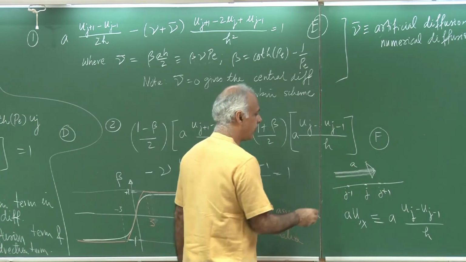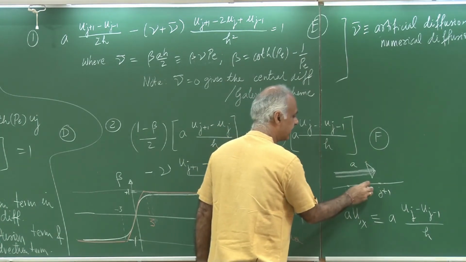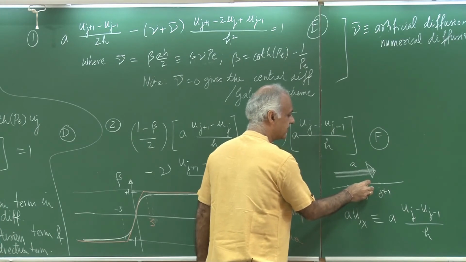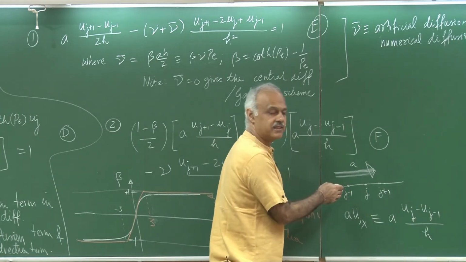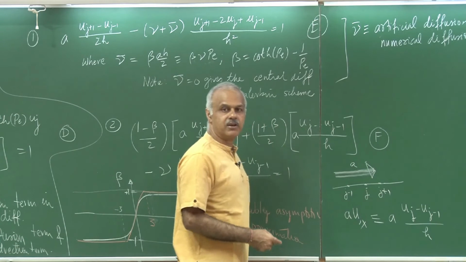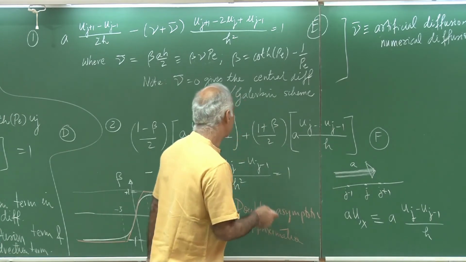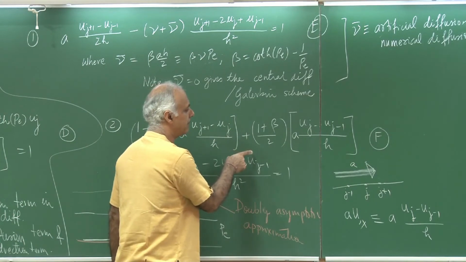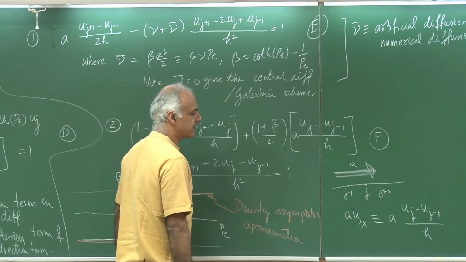Okay. So, if I am taking a derivative at the point j, the advection derivative, then I must use values of points which are upstream of it, not the ones which are downstream of it, because the information has not convected there yet. So, that is what I am able to see for A in the positive direction.